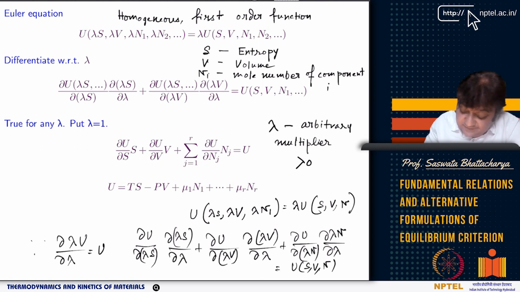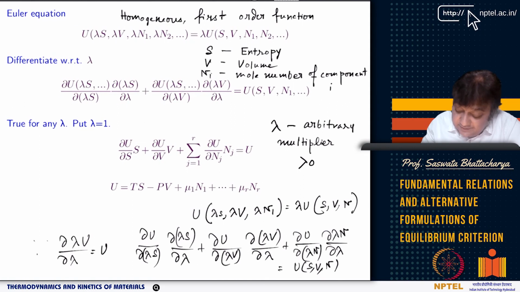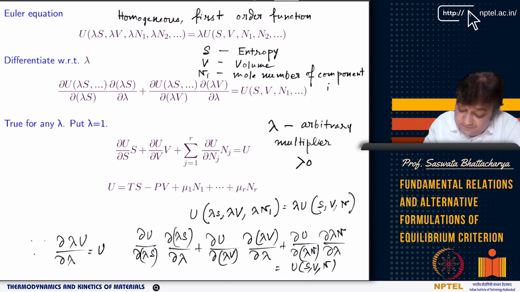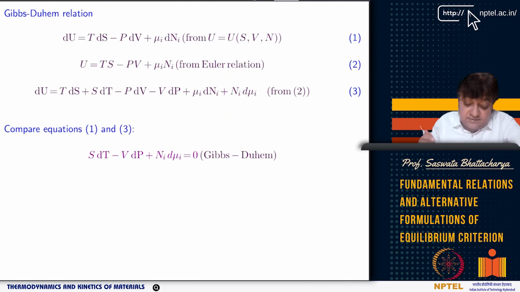And del u del v is minus p, right? And del u del nj is mu j, right? So you have mu1 n1, mu2 n2, mu3 n3. So now you get a very, very useful relation, that u equals ts minus pv plus mu1 n1 plus mu2 n2 plus dot dot dot mu r nr, so up to r components. Now with this relation, you also know